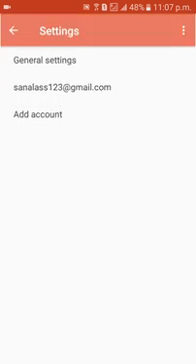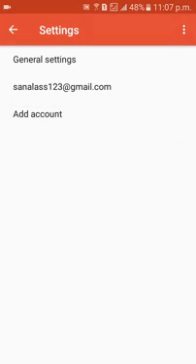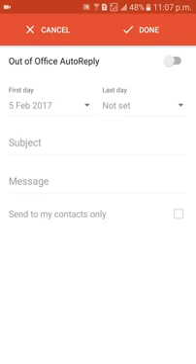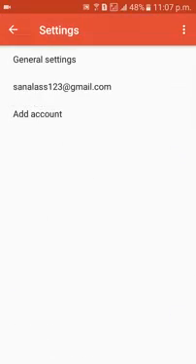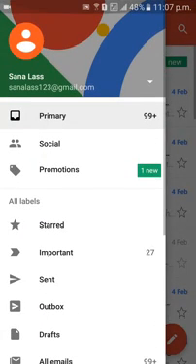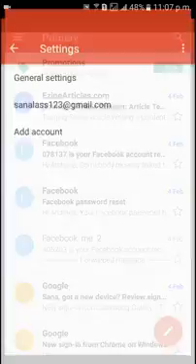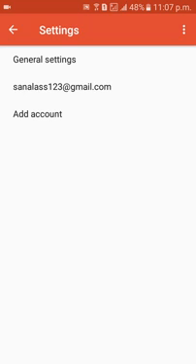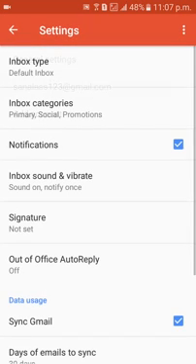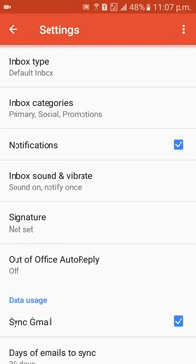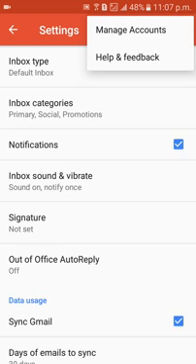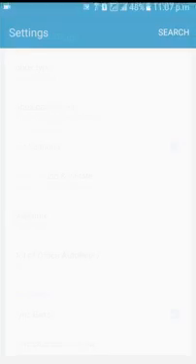So first of all, go to settings, then Gmail, then the three dots, manage accounts, continue.